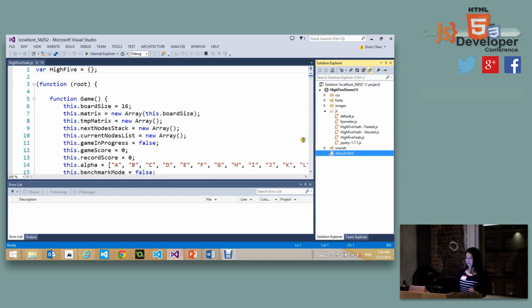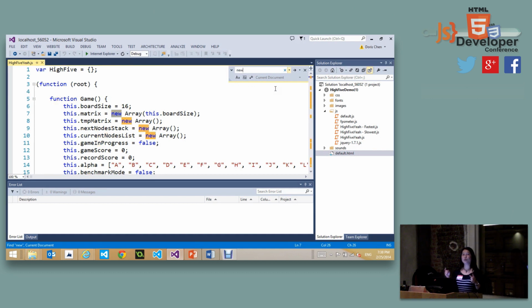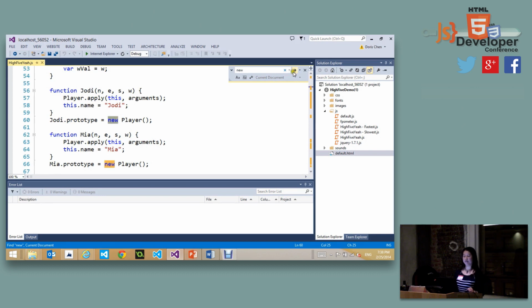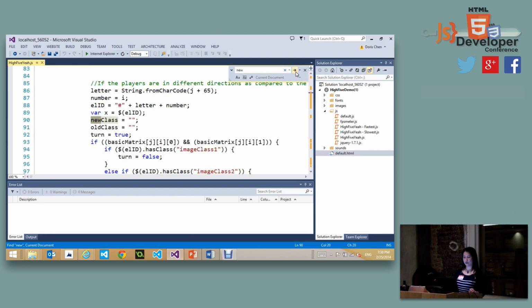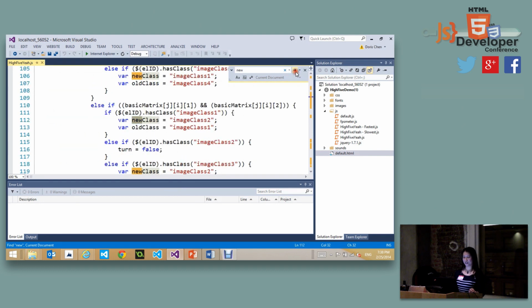So I'm looking into my game. This is the JavaScript level I'm looking into, and let me first look at some uses of new. New is a very universal way of creating objects, so when you look into your code, you probably will check how many new things you allocated. I have something to create an array, to create players, that looks pretty okay. Create an array based on the board size, the matrix size, that looks fine. And I also have some that doesn't count, it has to be a new, right?